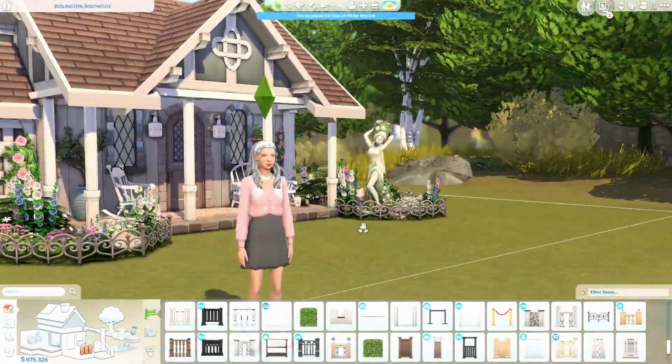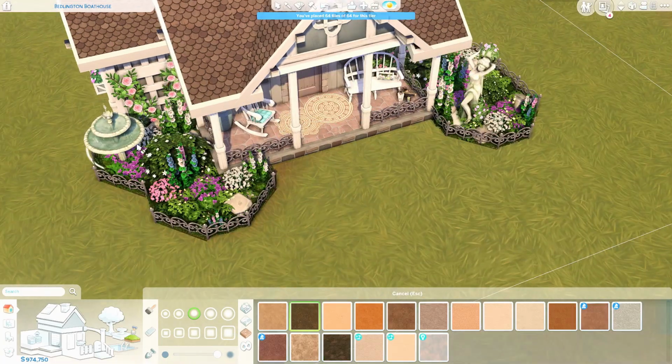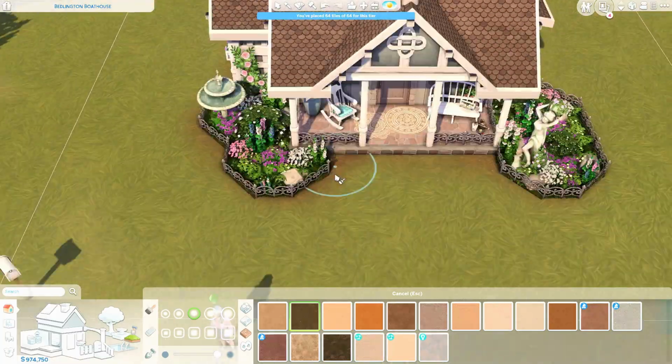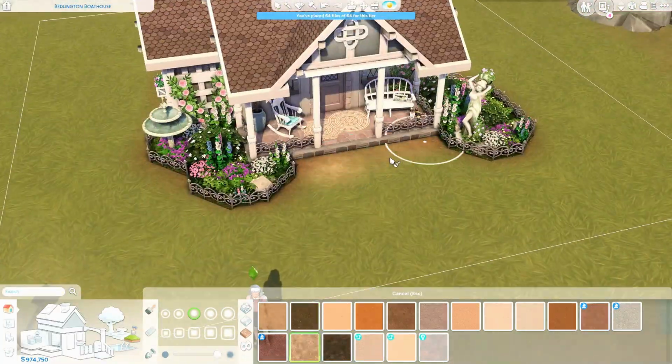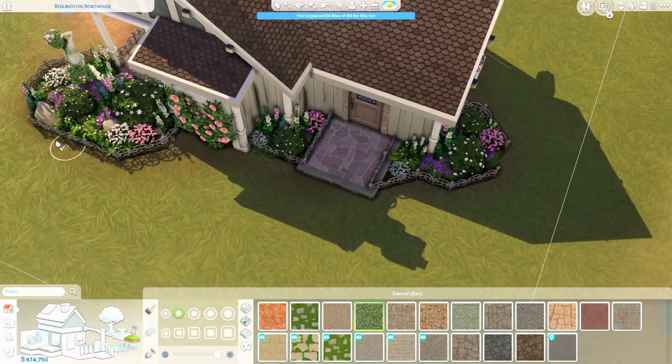So I really like that. And also the front porch here, I think it's so adorable, with the little bench there and the rocking chair. I really do like this cottage. I think it turned out really beautiful, and it actually took me some time until I built something that I